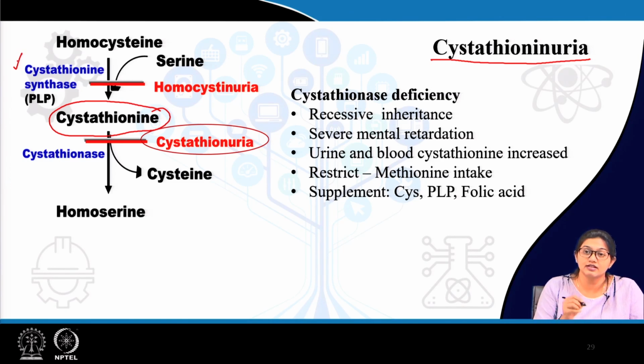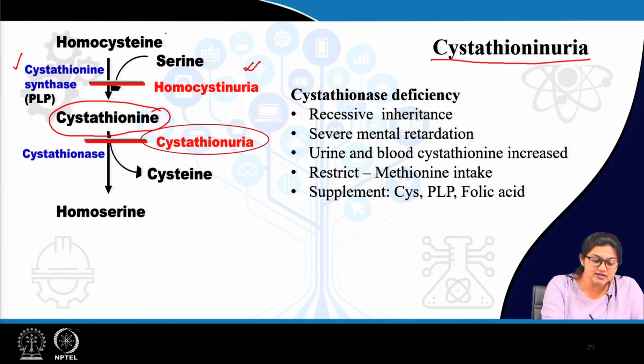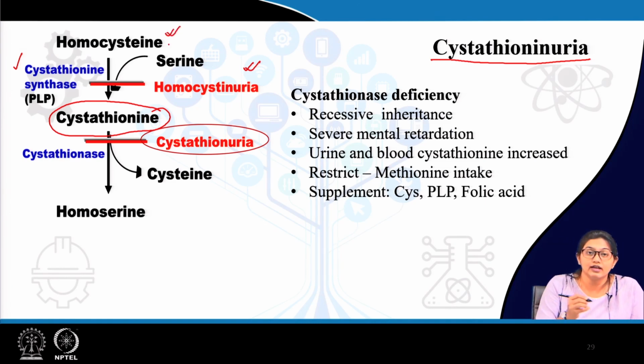Now, if cystathionine synthase is defective, that causes homocystinuria, because cystathionine is not formed. So what accumulates is homocysteine, whereas cystathioninuria is related to cystathionine accumulation,